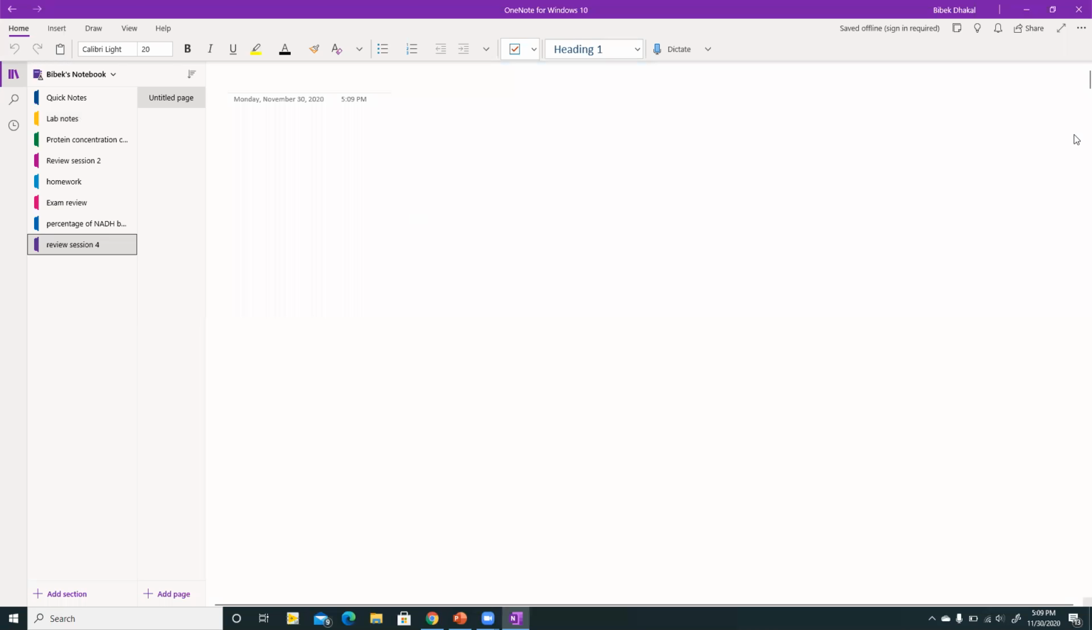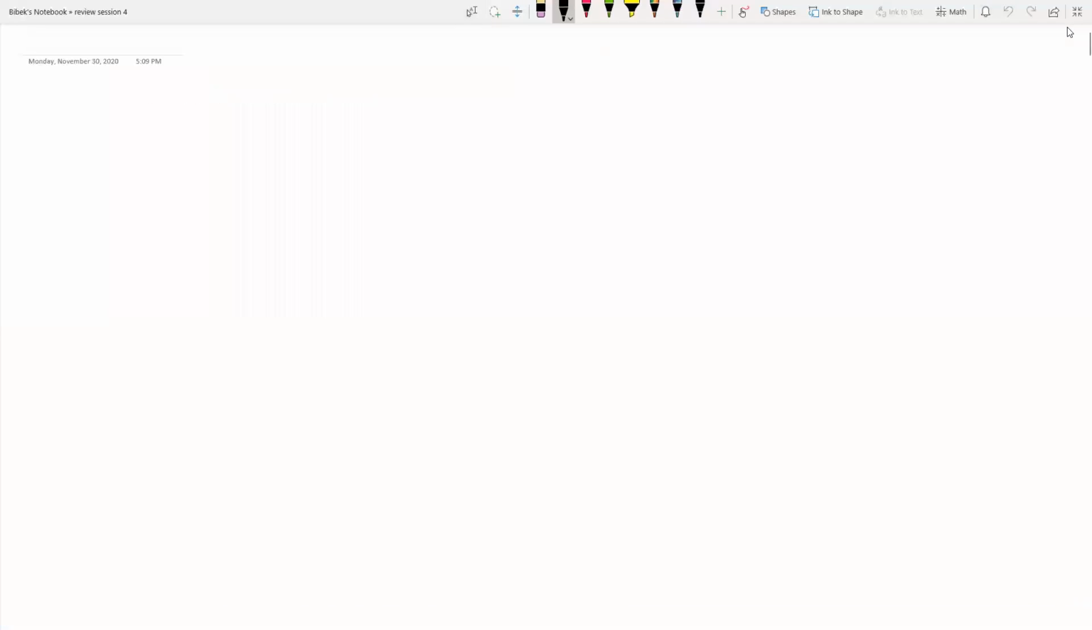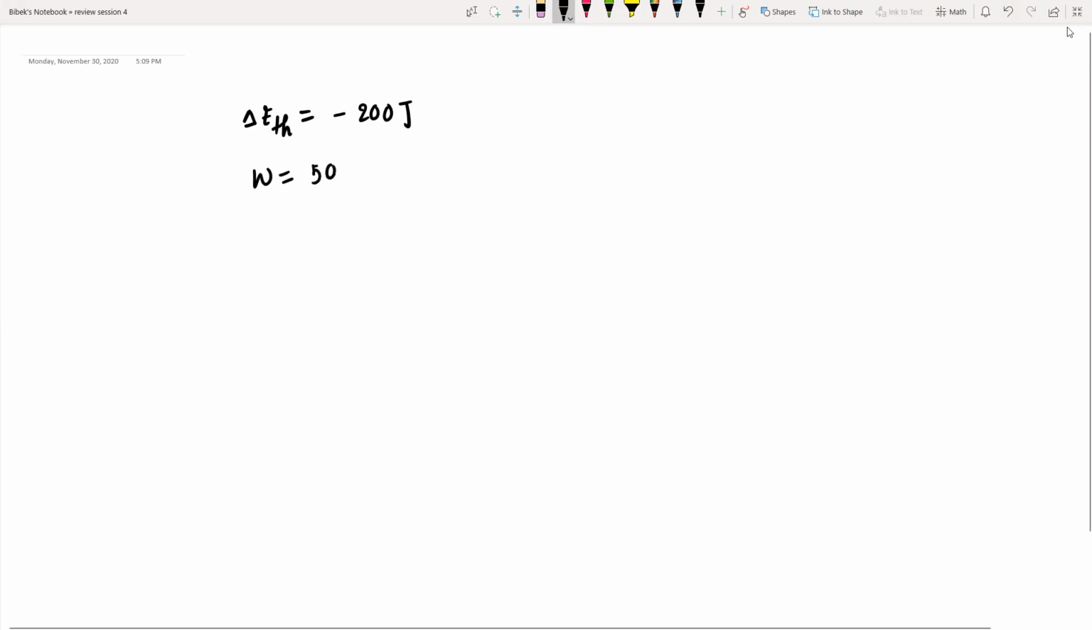In that problem, you have delta E thermal, which is negative 200 joules, and your work done is 500 joules, and you need to find Q. So what is your Q? If you use the first law of thermodynamics,